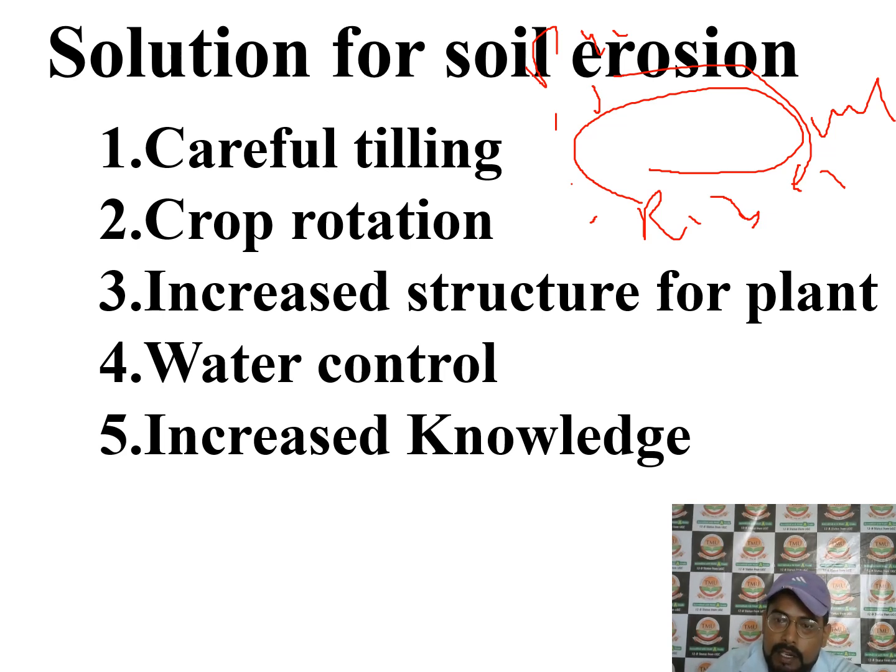Water control means creating catchment areas or historic farming, and increasing knowledge, with some specific persons to increase the knowledge. So the last one is the